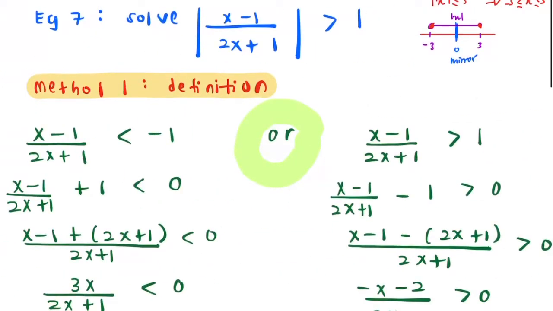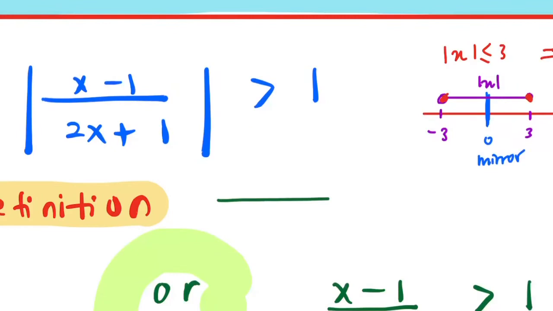which is solving by using definition. So what is solving by definition? Solving by definition is solving by using a mirror. So this is a bit long and complicated, but if the question asks you to solve by definition, you need to use the mirror. So now let me show you how to draw a mirror here. So just draw a straight line,